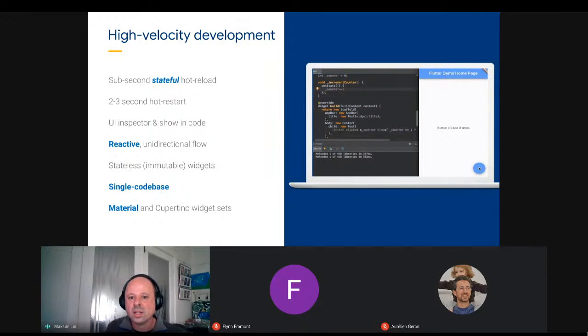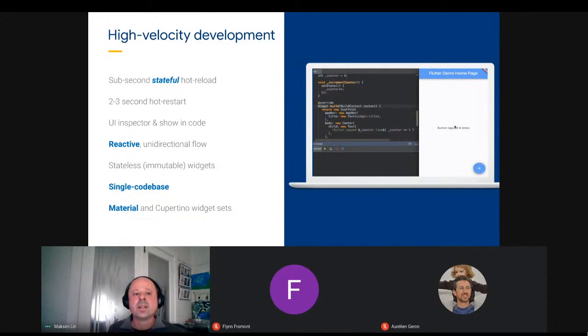In comparison, in, for instance, native Android development, which is what I'm most familiar with, you can often spend quite a bit of time waiting for your code to be recompiled. Then the recompiled code gets packaged up, that package gets pushed onto the device, and then the app gets restarted, and then you finally see the changes you made to the code. So these two features are a huge win in terms of your productivity as a developer building an app.